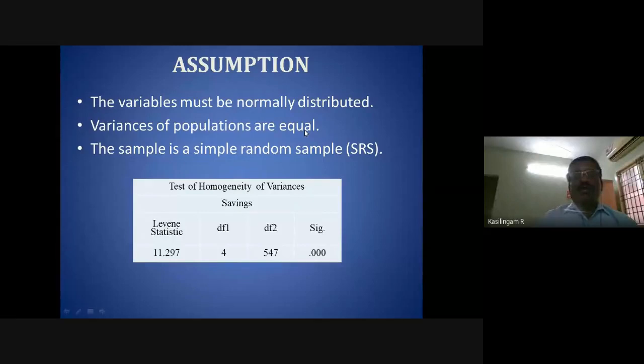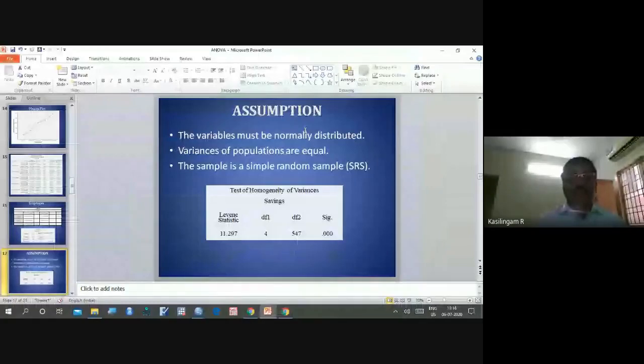How to check homogeneity? In ANOVA itself, they have given this test. Now let me go there, then I will come back.